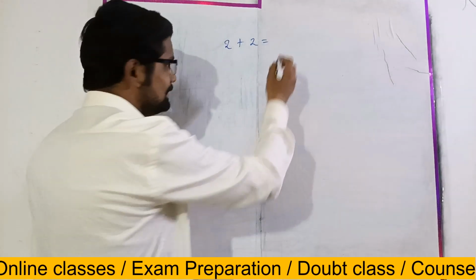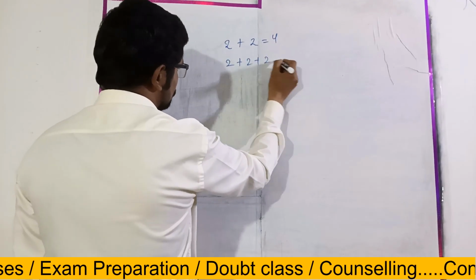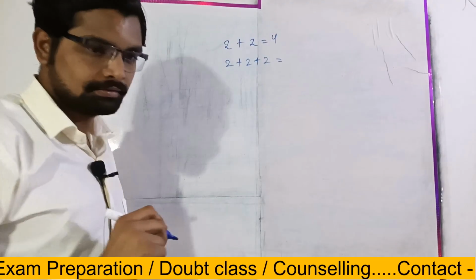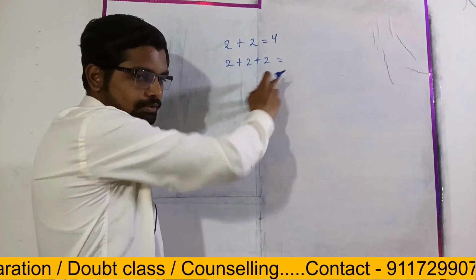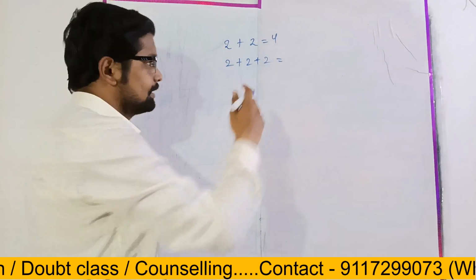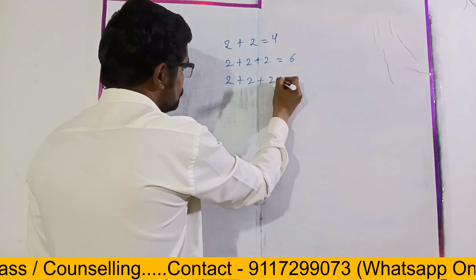Too simple, right? 2 plus 2 plus 2 will be 6. Again too simple. 2 plus 2 plus 2 plus 2,